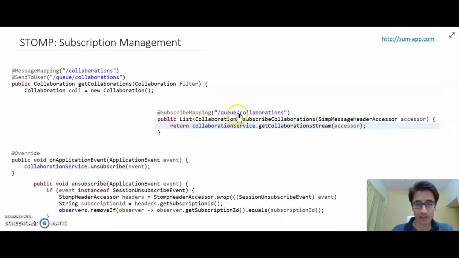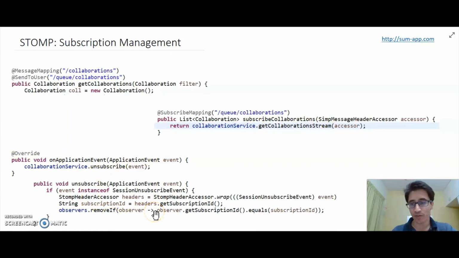The second one is where a client is subscribing to a queue, which means something specific to a user, listening on the list of collaborations that are available for the user. As you can see, you have something called XSR, which is an encapsulation of all the data lying inside the session for this user. The last one is an unsubscribe call.